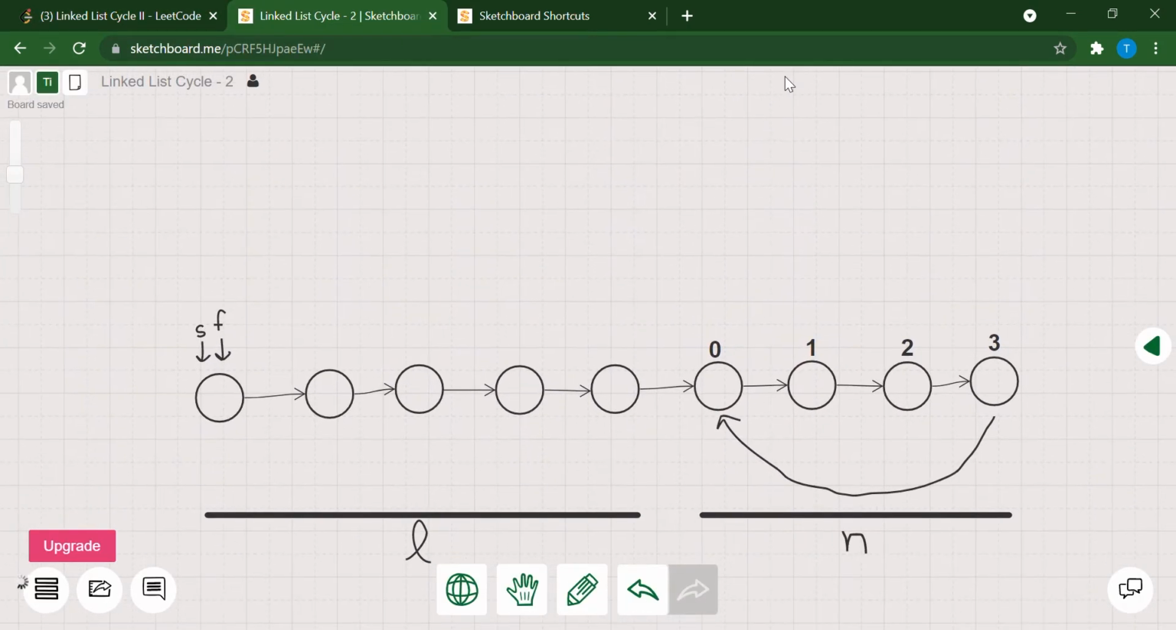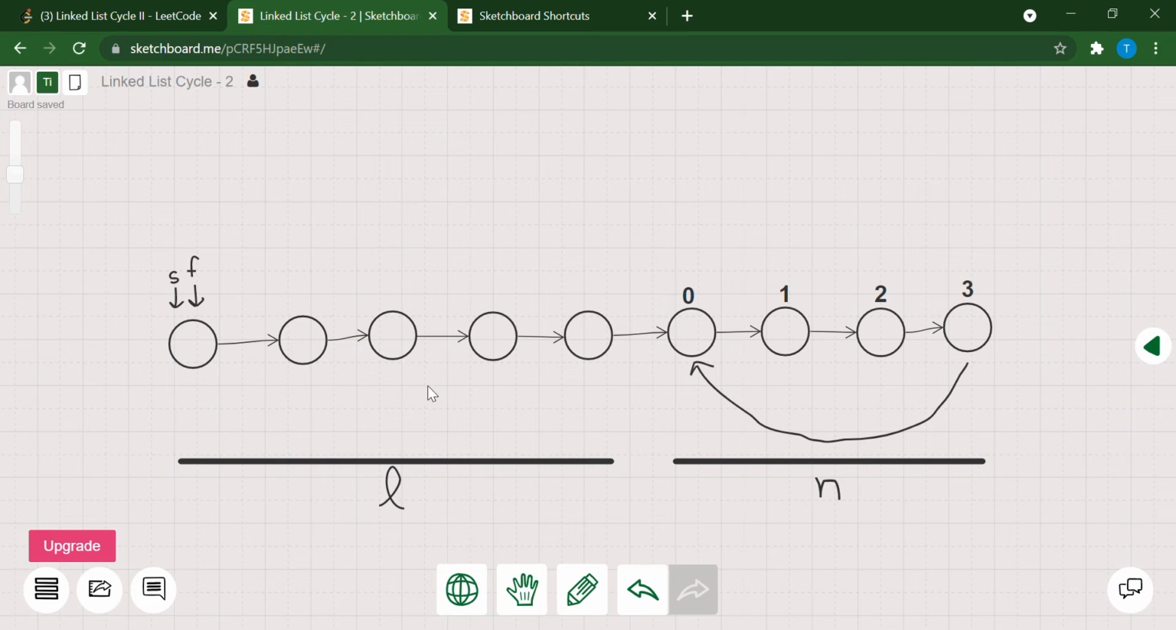This is a linked list that I have here. N is the number of nodes in this cycle, and L is the number of nodes that come before the cycle. What's going to happen now is that I'm just going to execute plain old Floyd's algorithm. That's my first step. In that case, what will happen is the slow pointer moves once, the fast pointer moves twice,